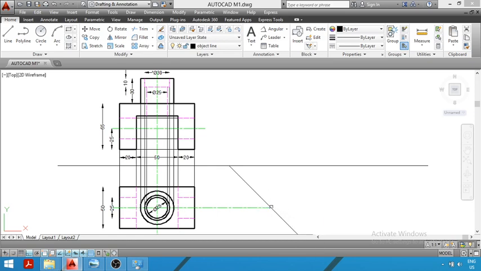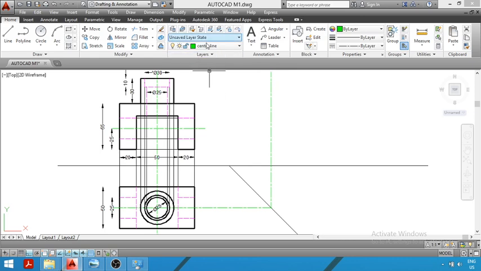Then from this point on the 45 degree line, you have to draw a vertical center line. So in the next step, we will draw a vertical center line from this point in the side view. So we have drawn the vertical center line. What we have done: first we have drawn a line inclined at 45 degree to the xy line, and then we have constructed the center line by projecting it in the side view. First we have projected the center line, and then we have drawn the vertical center line.